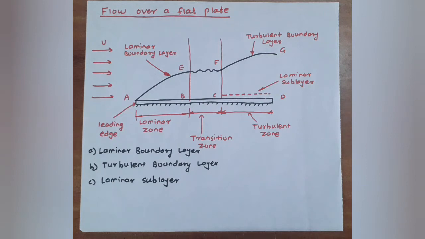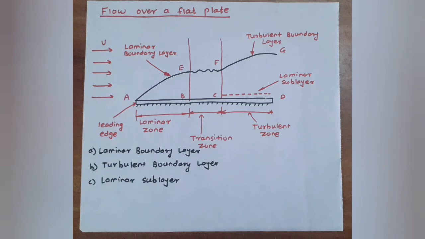We will discuss the laminar boundary layer first. Consider flow of fluid having a free stream velocity U over a smooth thin plate which is flat and placed parallel to the direction of the free stream of fluid, as shown here. Let us consider a flow with zero pressure gradient on one side of the plate, which is stationary. The velocity of fluid on the surface of the plate should be equal to the velocity of the plate, but the plate is stationary, and hence the velocity of the fluid on the surface of the plate is zero. This condition is known as the no slip condition.